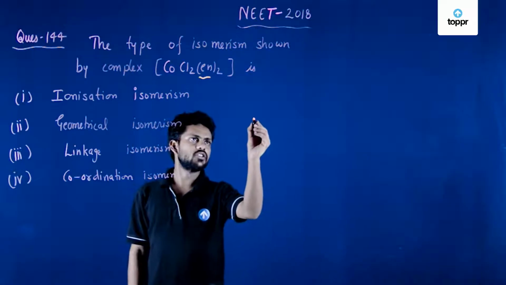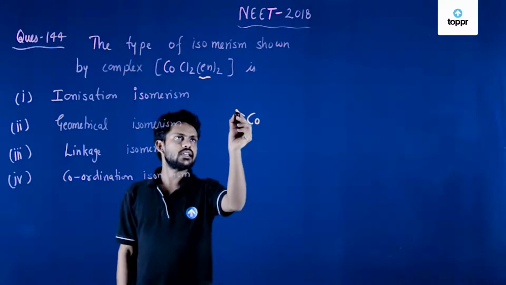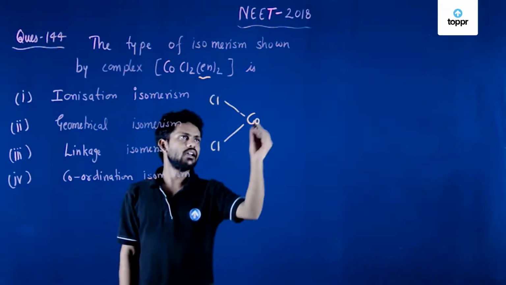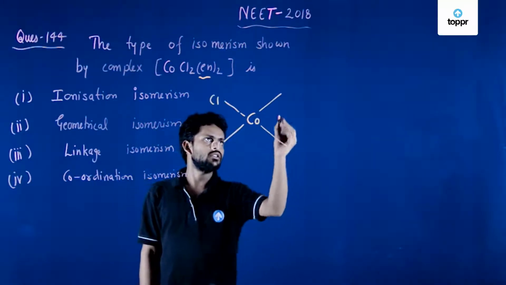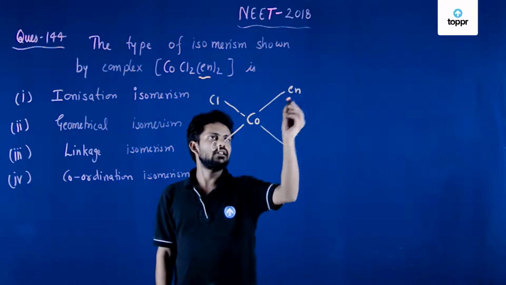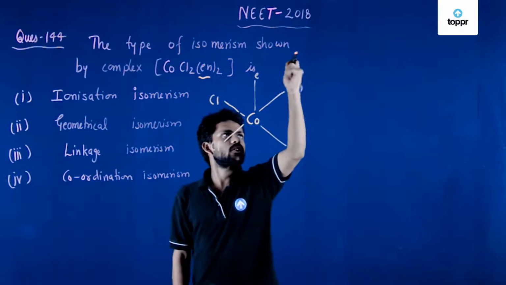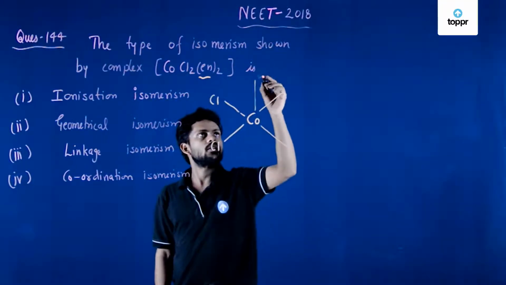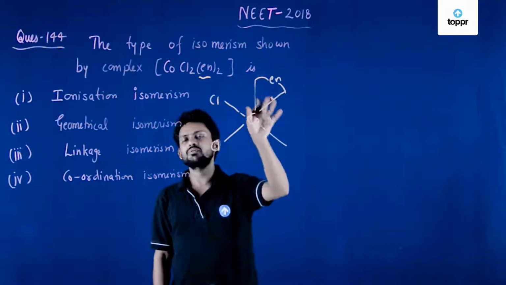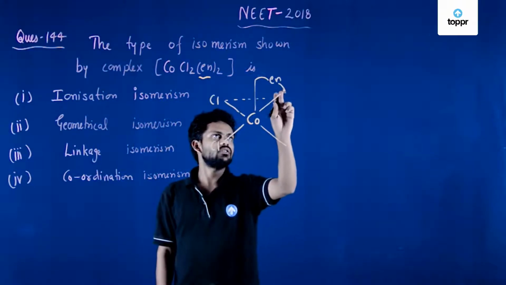And if you look at the structure of the compound, it will be cobalt. So you can say you have 2 Cl, and then you have en. I will not write 2 en here, it implies ethylene diamine. So this is one ligand which is bidentate. So that means, if this is your structure,